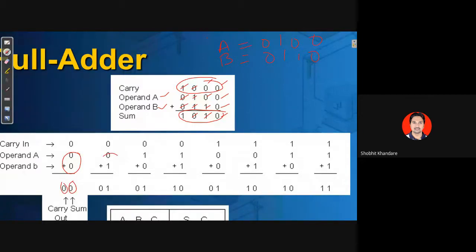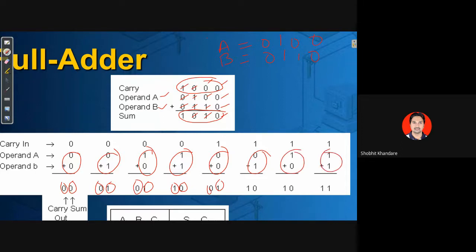When 0 1 is added, you have the sum as 0 and the carry as 0. When 1 0 is added, sum is 0, carry is 0. When 1 1 is added, sum is 0, carry is 1. When 0 0 is added, the same thing is there, 0 1 1 0 and 1 1. Okay, and 1 1. Now if you see properly, in this case,